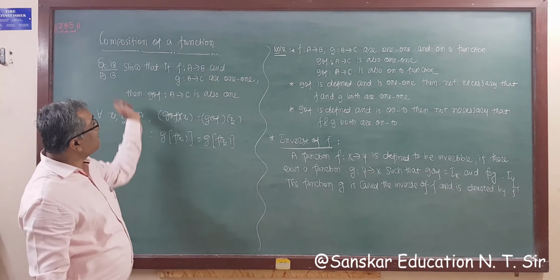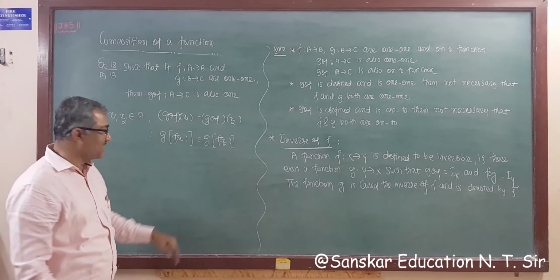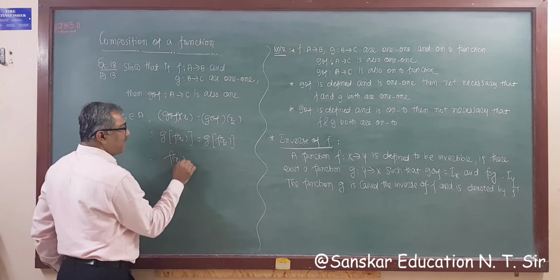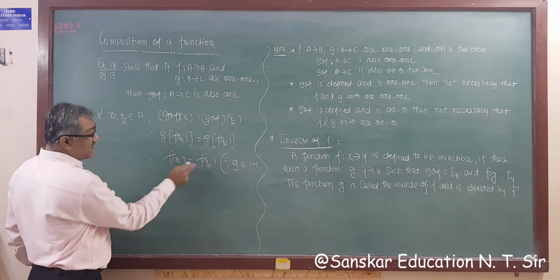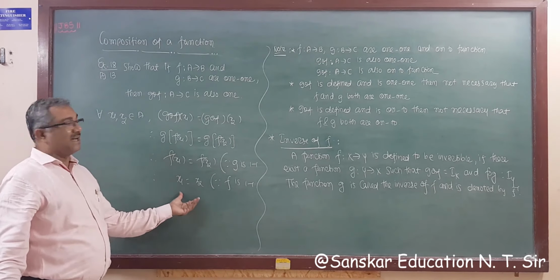We did this type of question and this concept in differential equations, where we remove log from both sides as log is a one-one function. So I'm removing this function, that is f of x1 is equal to f of x2, because g is a one-one function. Now again, f is also a one-one function, so we can remove that. So x1 is equal to x2 because f is one-one. So what we get? x1 is equal to x2.